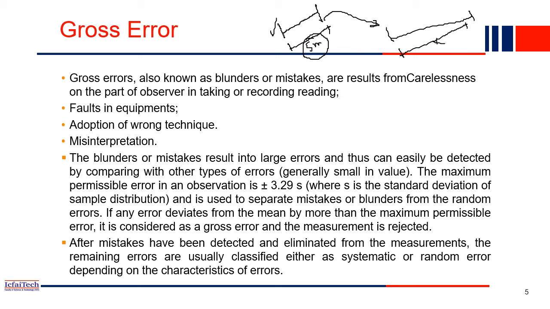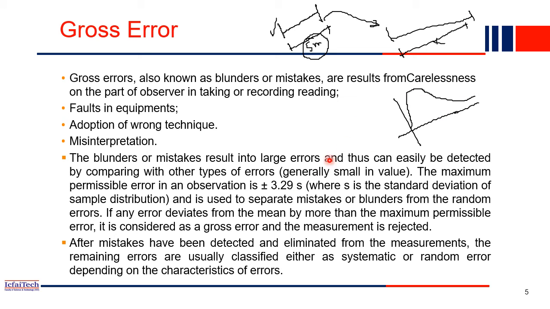So the maximum permissible error will be, when we take the different observations and plot the histogram, as you have studied in the mathematics course, something like this histogram you will see. This is a bell shape histogram, right? Each measurement we take, each measurement's length, we plot. Maybe 100 measurements we have taken here, repeated measurements, and 100 plots we plotted. So the maximum permissible error should be plus minus 3.29 times the standard deviation. From the statistics, we can find out the standard deviation of the entire 100 readings.